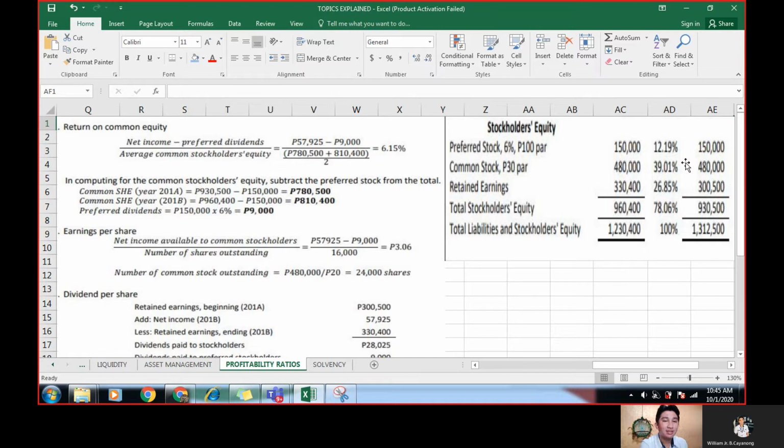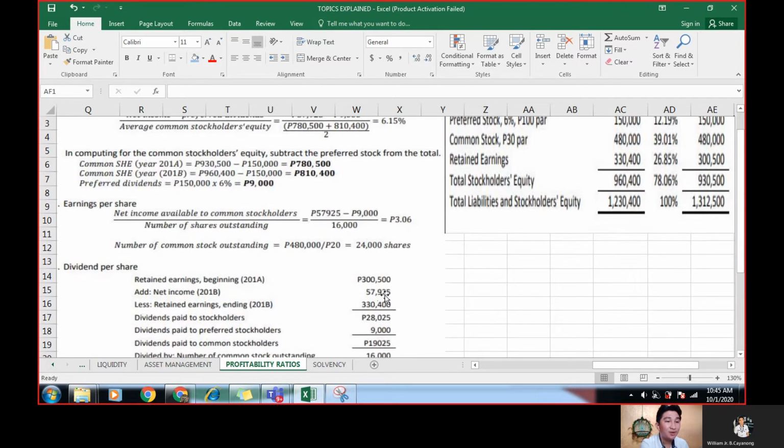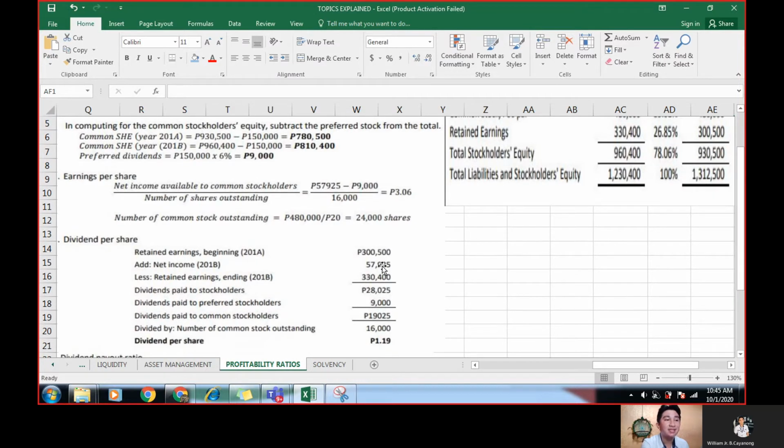Then, add mo lang yung net income mo, yung nasa income statement, 57,925. Previous, add the net income nung nasa income statement, minus mo yung current. So, yan na lang yung makukuha mo is dividends paid to stockholders,